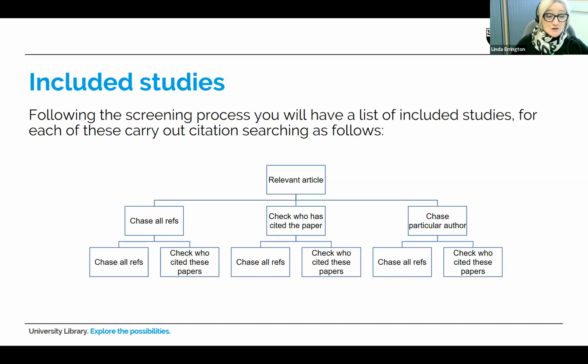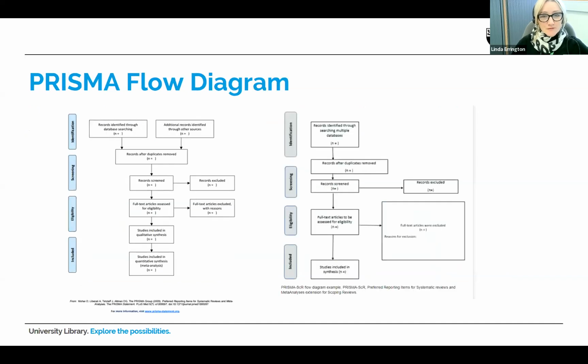And this brings us on to PRISMA. Now, the PRISMA flow diagram, PRISMA stands for Preferred Reporting Items for Systematic Reviews and Meta-Analyses, and the full search and screen process should be recorded using this flow diagram.